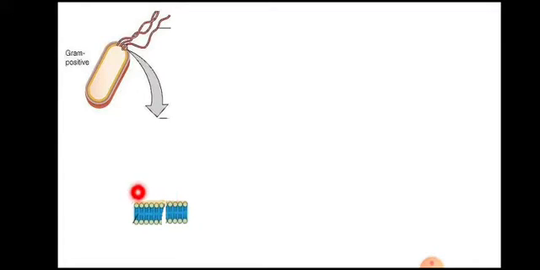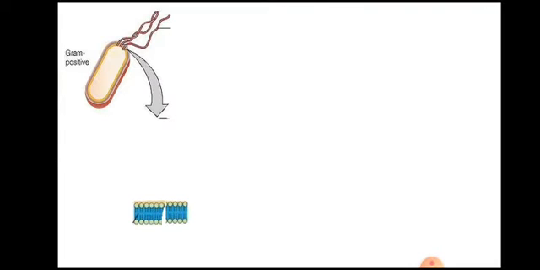This is the cell membrane. So this is enlarged here. This is cell membrane, and one of the principal features of cell wall of gram-positive bacterium is high percentage of peptidoglycan. So in contrast to the structure of cell wall of gram-negative bacterium,